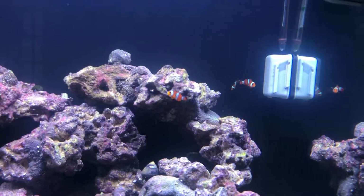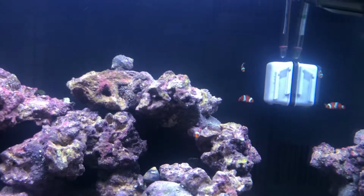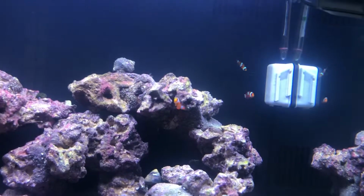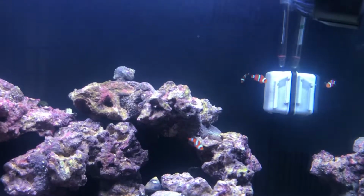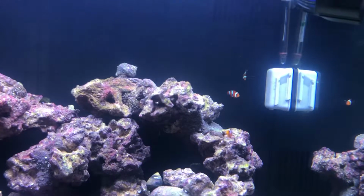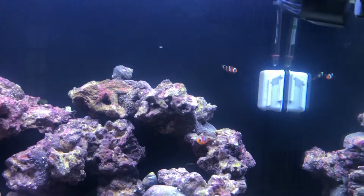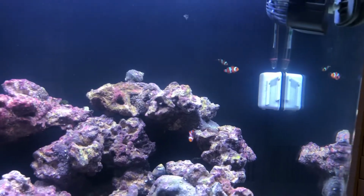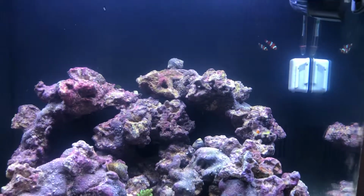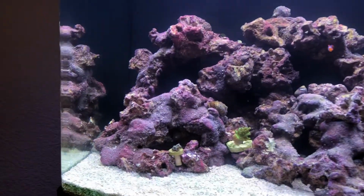pretty universally what I found is if you've got 3, 2 of them will mate up and then pick off the third one. So right now these guys are just juveniles, brothers and sisters, so they've been playing nicely thus far, but as they get older, I just don't want to cause any sort of problems in the tank. Other than that, had a little algae that kind of forms on the